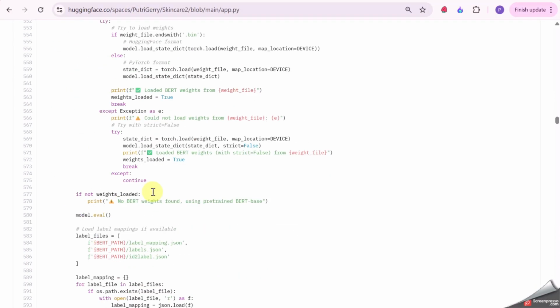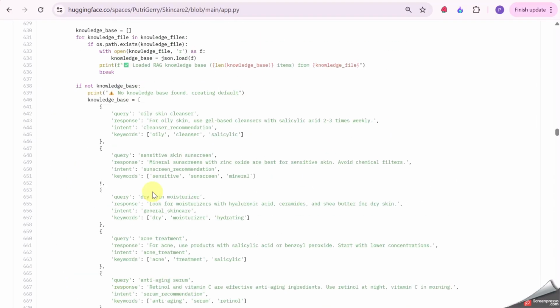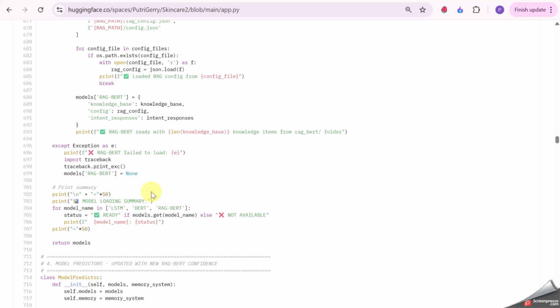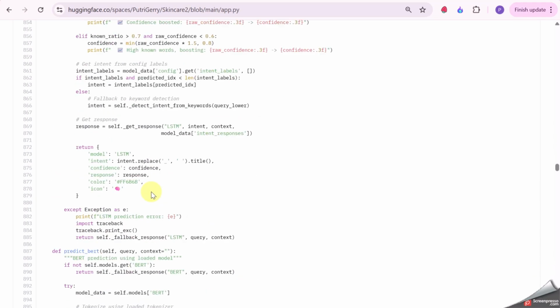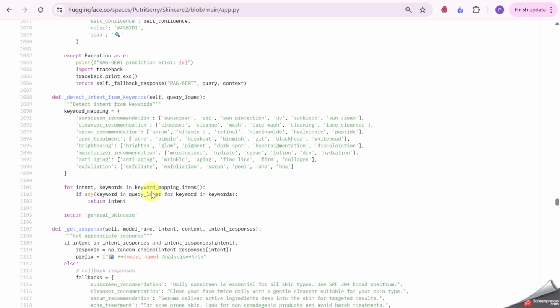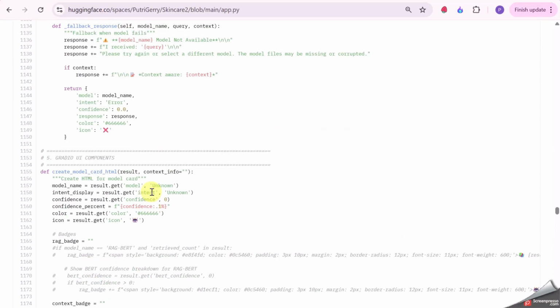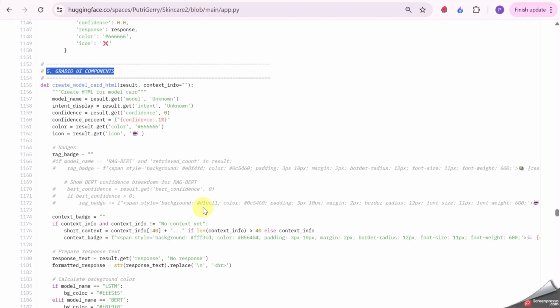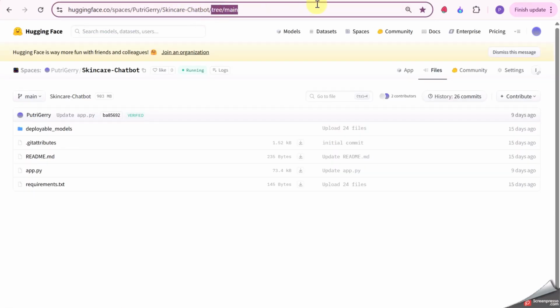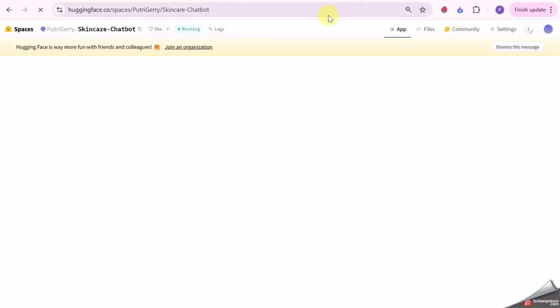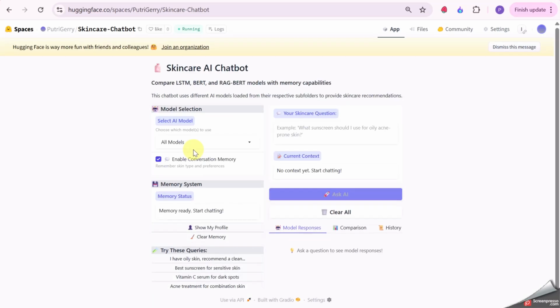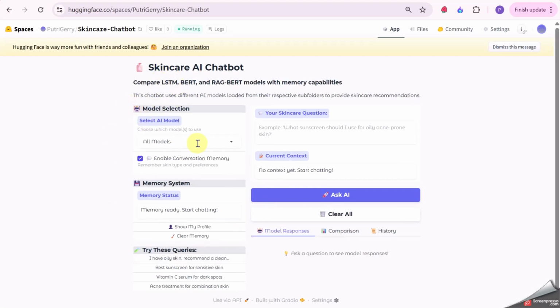After successfully uploading the models, we create the Gradio UI component. The Gradio UI component will have a left bar and right bar.